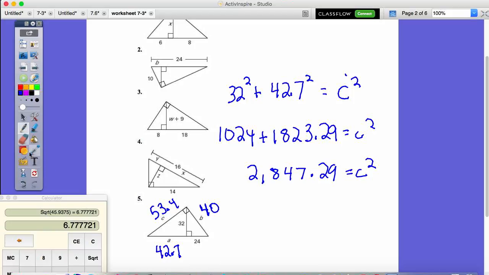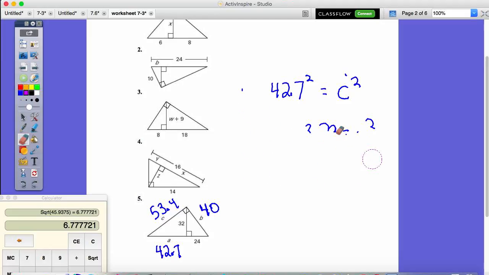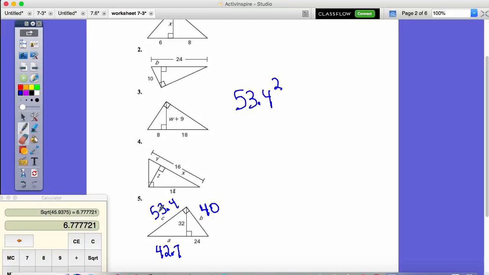Okay. If I want to check that, because there's a lot of decimals here, I should get that 53.4 squared, which is one leg of the large triangle, plus 40 squared, which is the other leg of the large triangle, should equal 42.7 plus 24, which is 66.7,